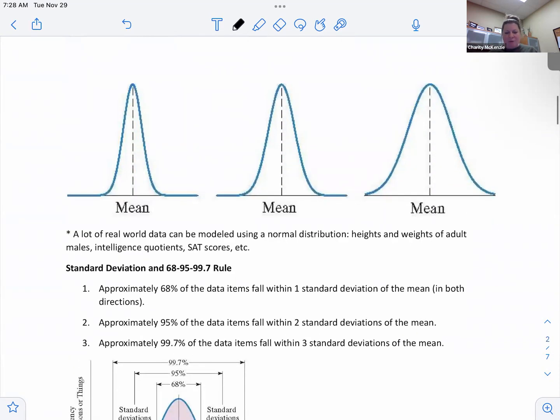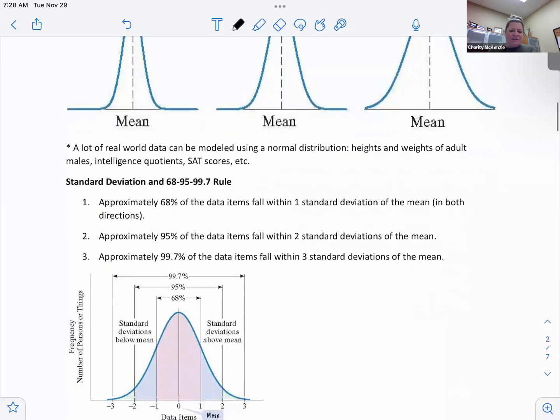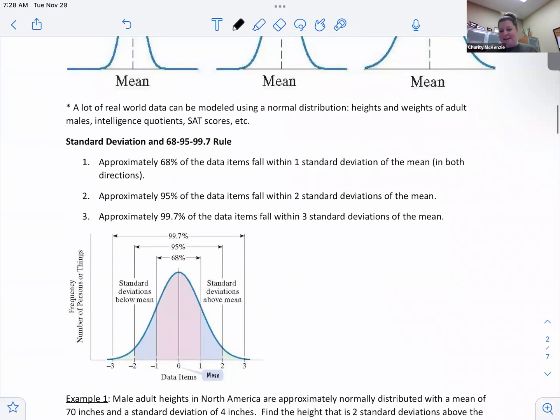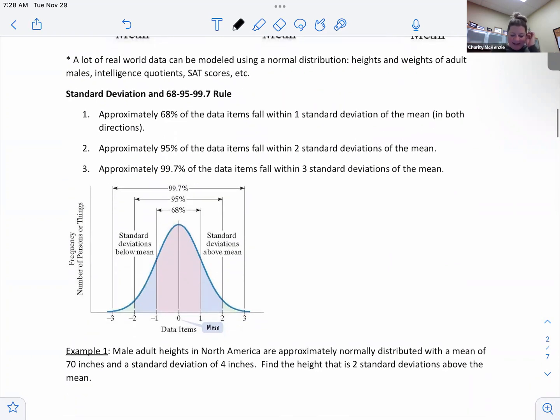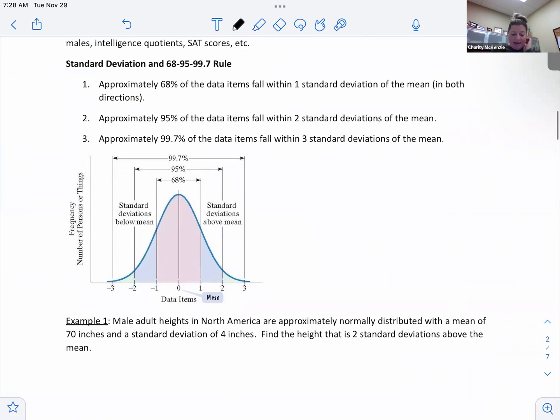So no matter if our bell shape is more flat or more skinny, the mean's always in the middle. And here start the rules. I ask, is it normal? I collected my data, and I collected it in a great way, right? I collected a lot of data and I collected it in some kind of random way. Once I have that good data and I know it's normal, then I can use the 68, 95,